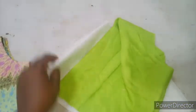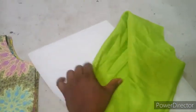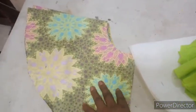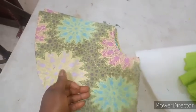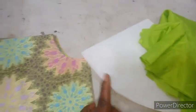Okay, and this is two paper stay. So I'm going to be using paper stay on the lining. Then if you want more structure, you can add hair stay on the main fabric. But since I'm going to be using paper stay on the lining, I'll still add crinoline, because